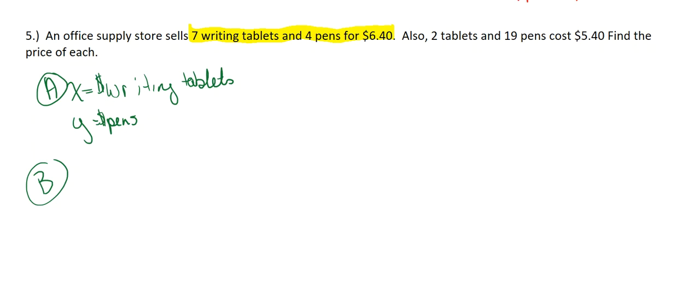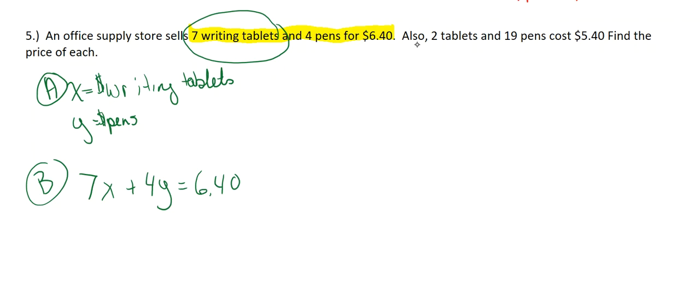Well, to get the total price for the writing tablets, we need to do 7x, because that's how many are being sold and we don't know what price, plus the combination of pens and the price of those will give me 640. The next piece comes from 2 tablets and 19 pens. So I'm going to do 2x plus 19y